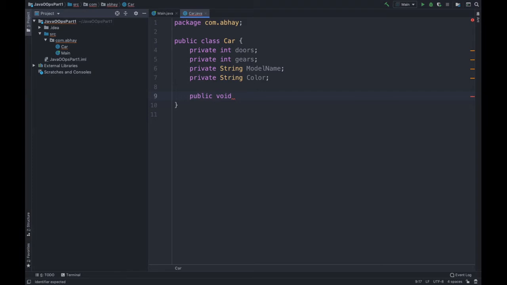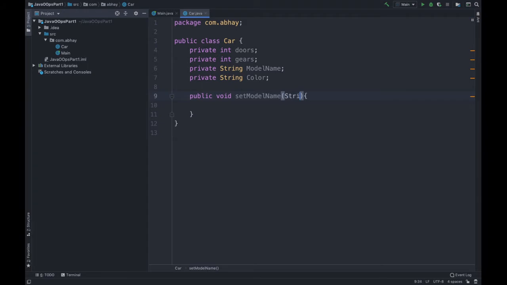Then we will write set. As you can see, as we write set, we get all the names of our fields that we can set. So in this case we have to set model name, so we will select model name here. Now as a parameter, we have to pass the model name that we have to set.